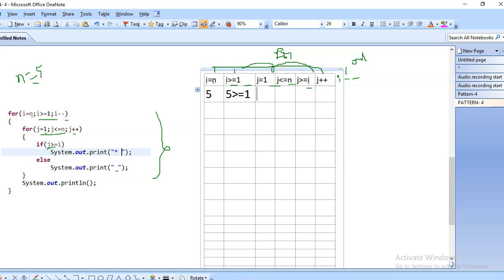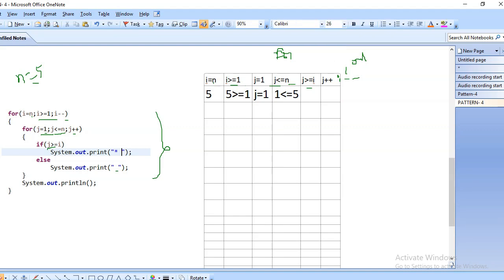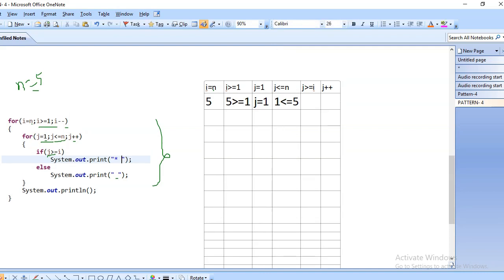Here j value equal to 1. Again check the condition, 1 less than or equal to 5. The condition is true, so it will go inside the body part. Inside the body part we have given another condition, that is the if condition.